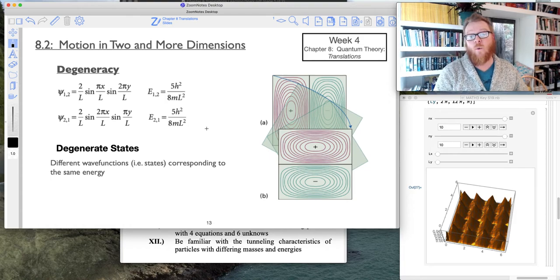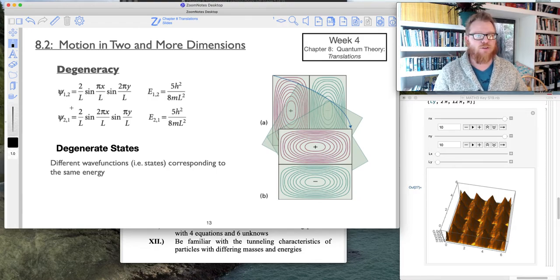Let's also talk about what this model predicts, which is the concept of degeneracy. Degenerate states are different wave functions. They describe different states, but those states have the same energy. For example, the way this notation is written, those two numbers correspond to the different n